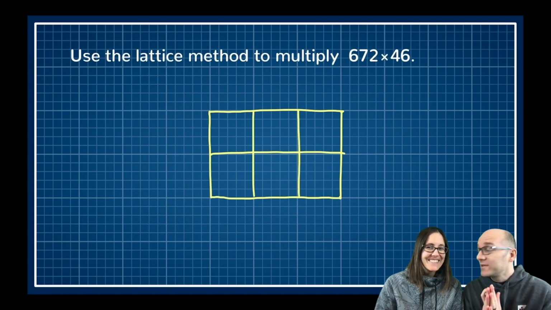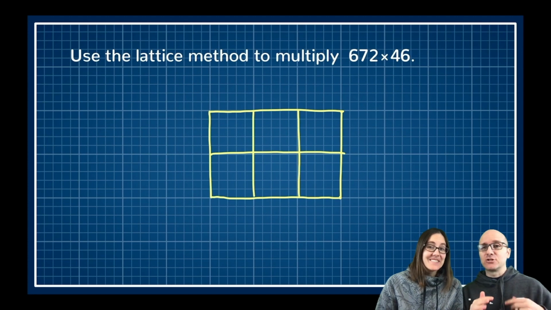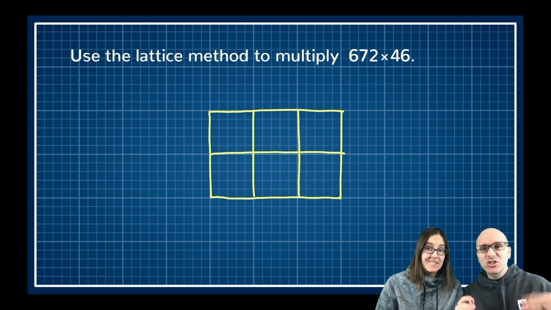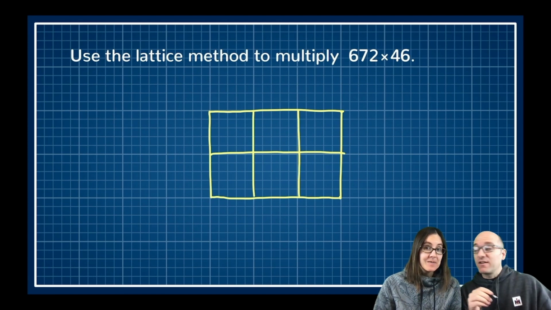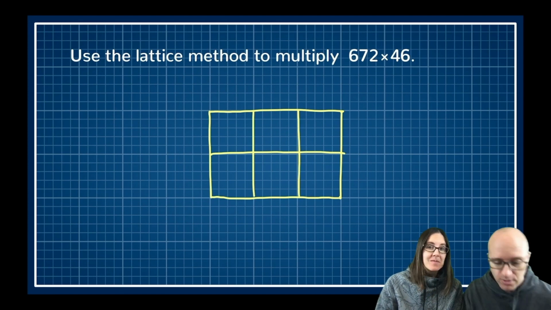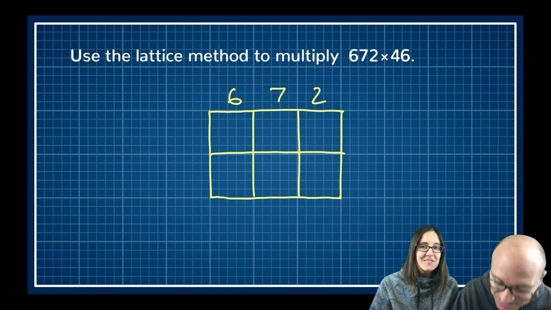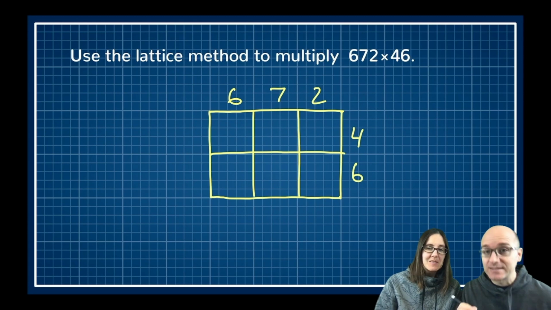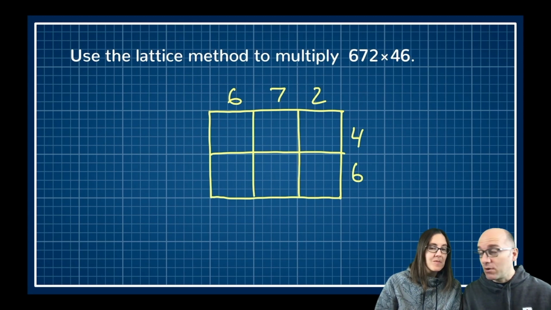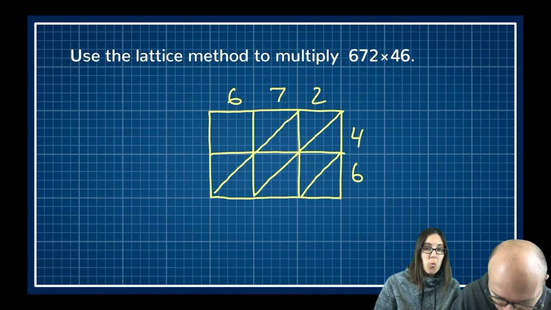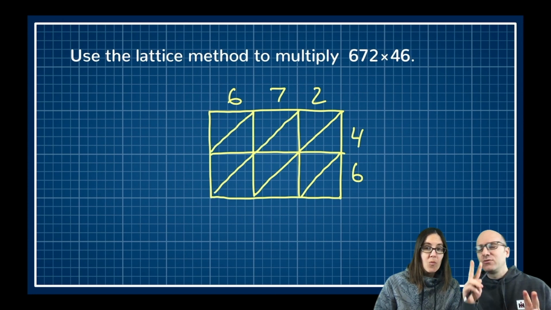All right, Science Mom, we're going to learn lattice multiplication since you asked what it was. We're going to multiply 672 by 46, and this is just another way of doing the accounting, of keeping track of this product. So 672 times 46. And we're going to just multiply rows by columns and get numbers, but I'm going to subdivide each of these little squares into 2 little slots.